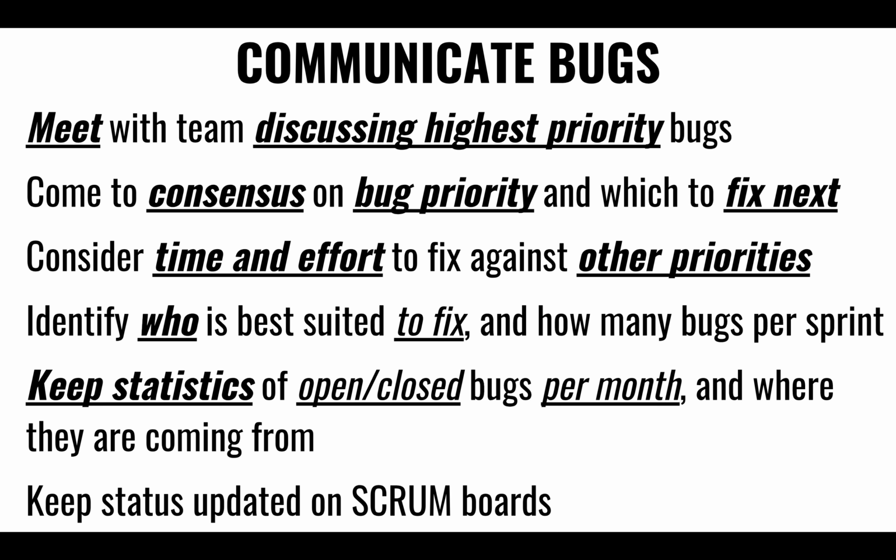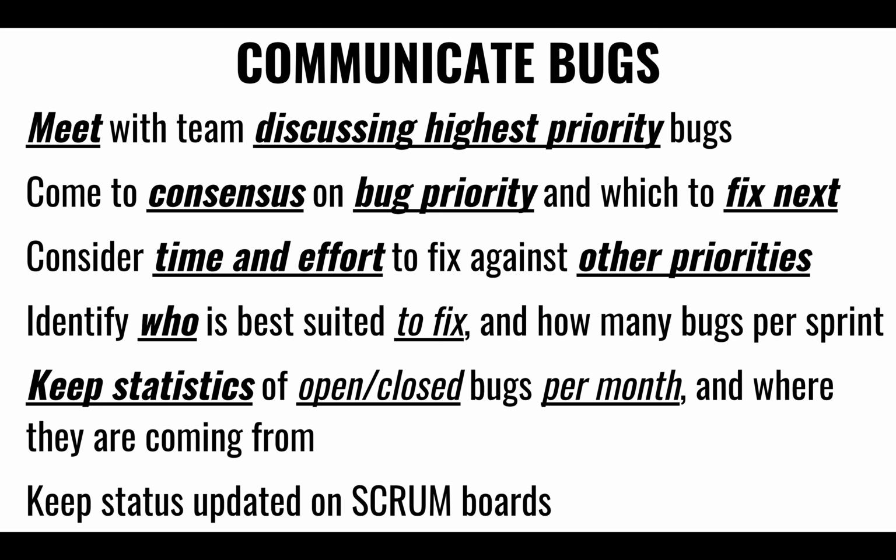It might be that we need to redesign the whole part of this to fix it, so it's a major thing. Those are also taken into account. It's high priority, but it's also a very big effort, so it might not make it into the current sprint. It might need to be planned out over several sprints, with a redesign of a particular feature. Also identifying who might be best to deal with this, and bringing them on board and getting some feedback from them on how to deal with this.